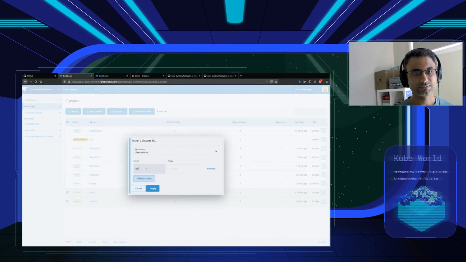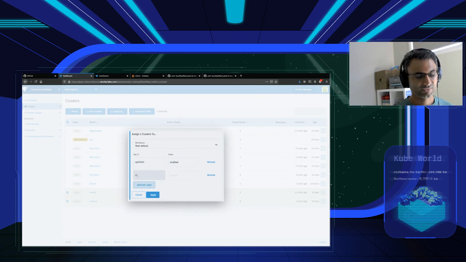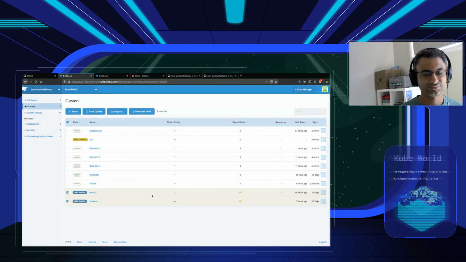So the label would be API client enabled, API endpoint, which is this, and I click apply, and now I've rolled out the same app to 2 more clusters, which is where